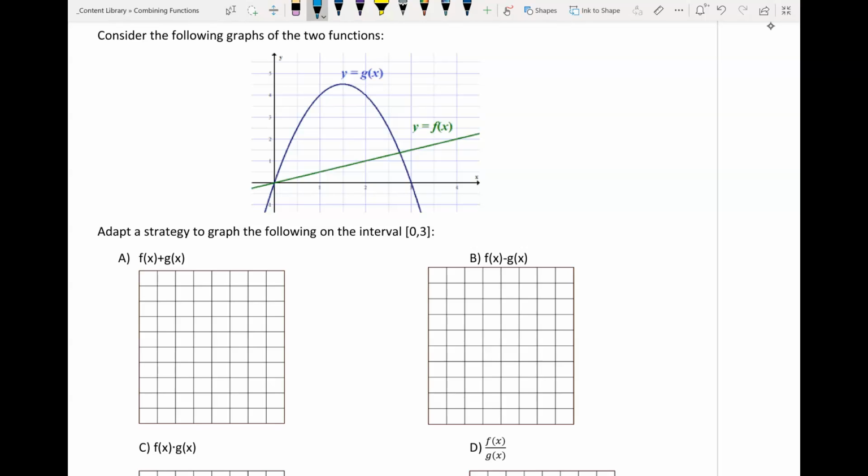So if we want to add f of x and g of x, all we're doing is adding up those y values. It's important to get a few points from our graph. So we can look at our g of x graph and our f of x graph and pick up a few points from there. From f of x, it looks like we have the point 0, 0, and then the point 1, 0.5, then 2, 1,